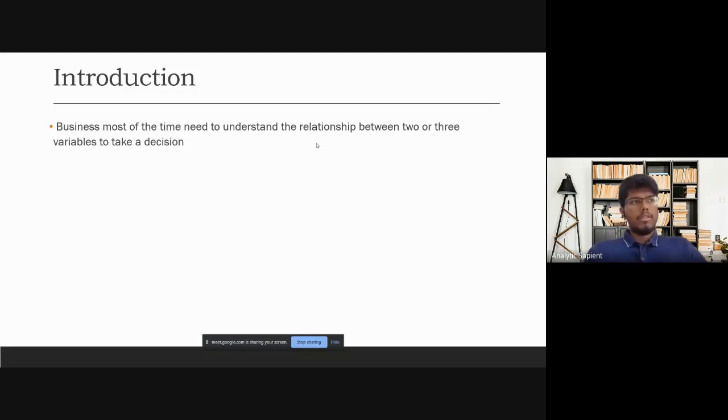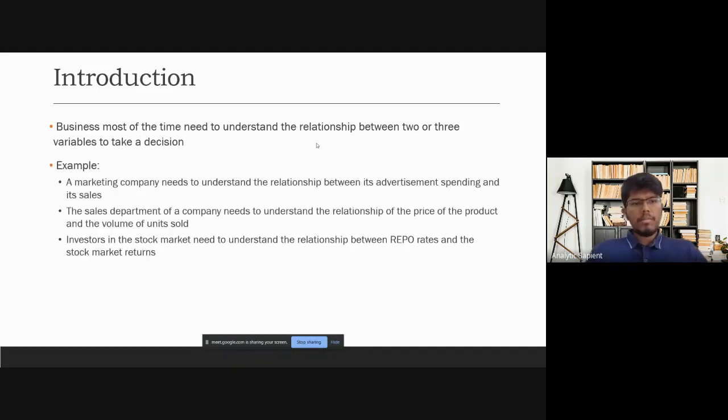For example, a logistics company like Amazon might need to understand the cost of transporting its goods, based on the weight. So 20 grams could be X and Y cost, 100 grams could be X and Y cost. So you need to predict it. That's an example. So here, if you see, a marketing company may need to understand the relationship between its advertising